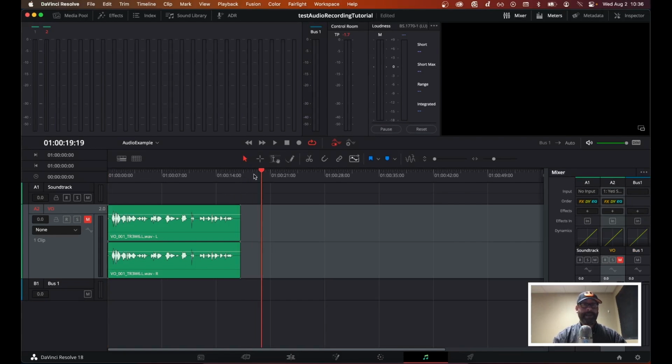So I like to make a mistake just to show you what you do not want to see. So I've got the track muted. I'm going to arm it again, and I'm going to move really, really close to the microphone, and I'm going to blow out the track, and I'm going to cause what's referred to as digital clipping so that you can hear how bad that is. So I'm going to hit record